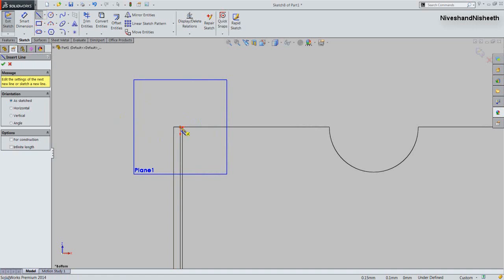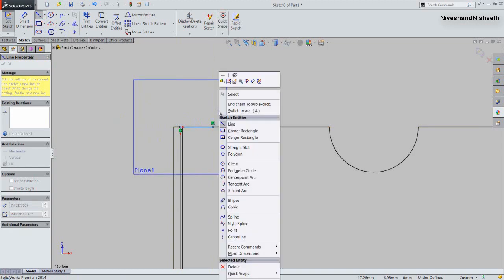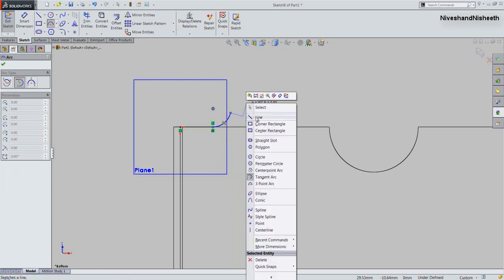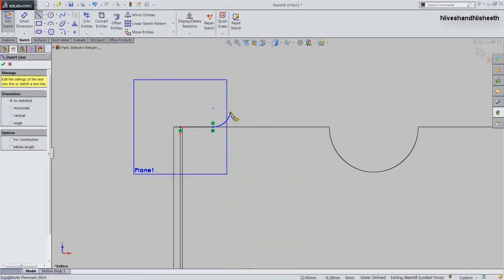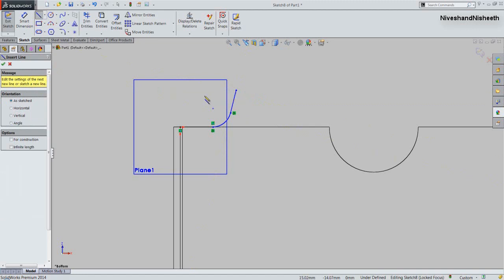Now create a line from the origin point, and create an arc like this. Draw a slanted line from the end of the arc.